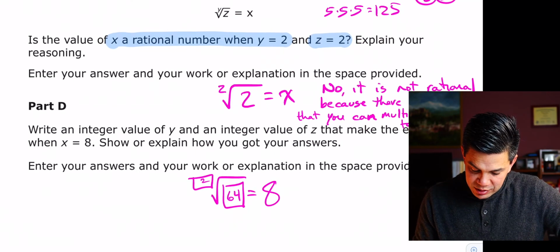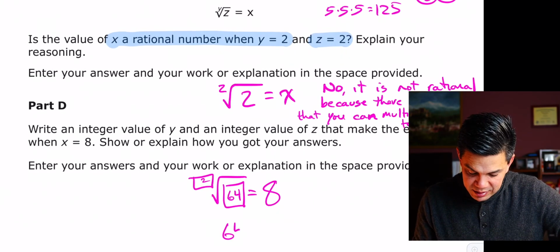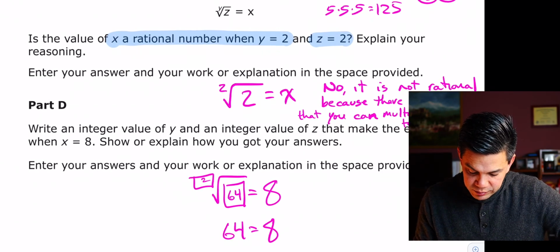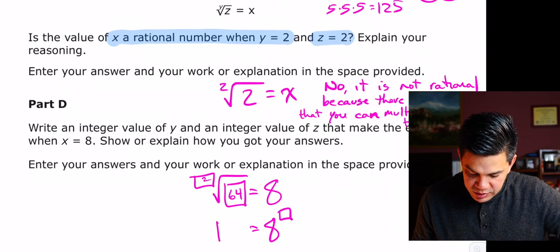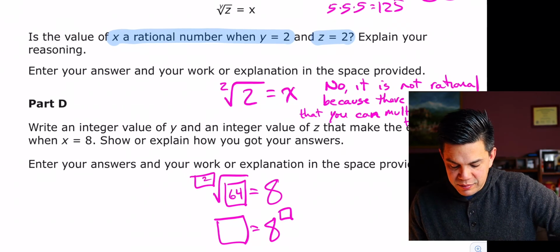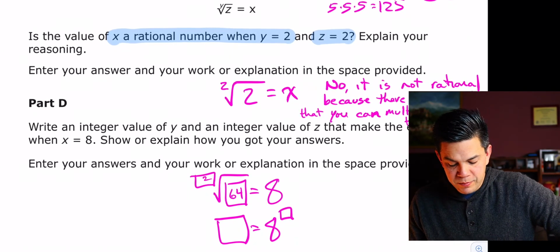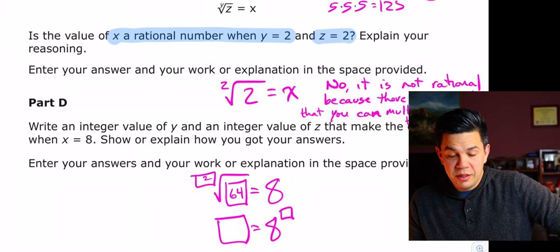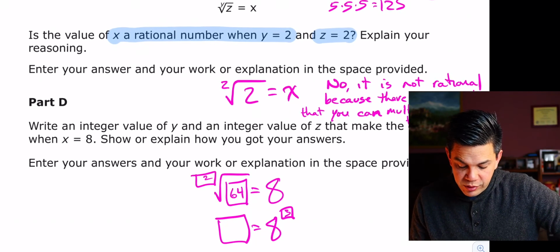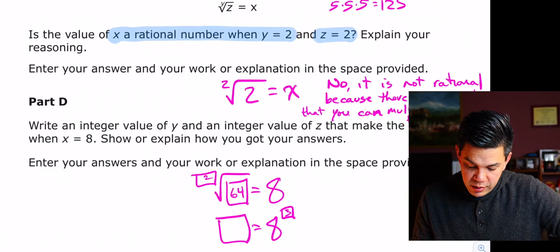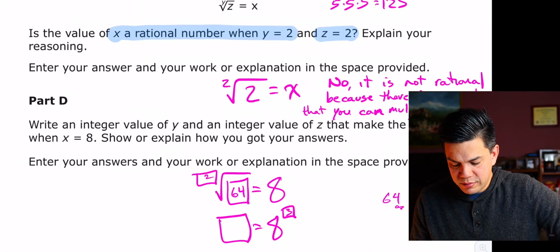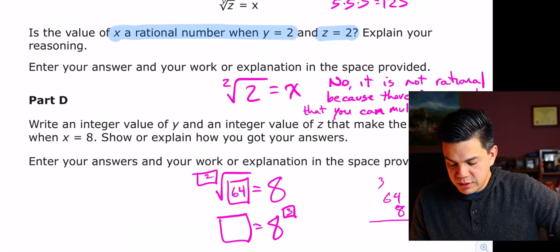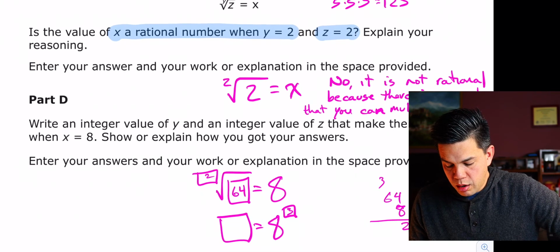And you can really do anything here. You could make this to the 3rd power, and that's 8 times 8 times 8, which is 64 times 8, which is going to get you